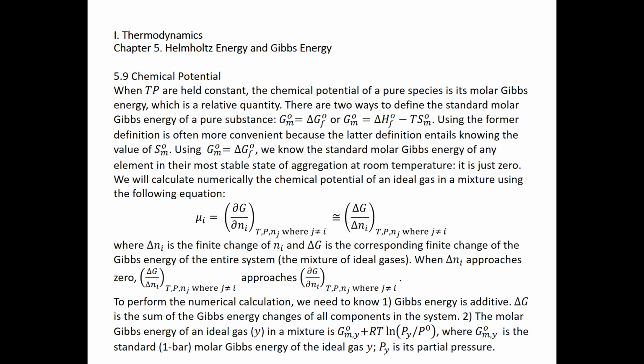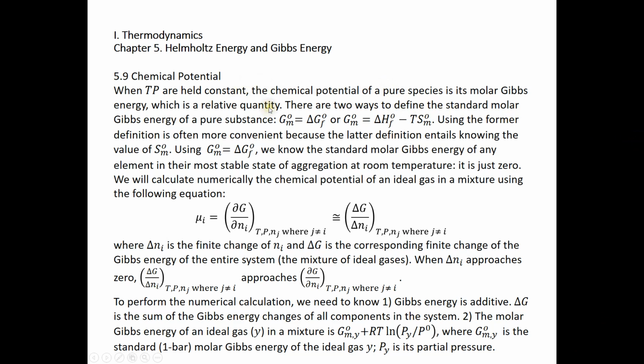In this video and for other videos, we will either calculate or derive the chemical potential of a helium gas in a mixture under various conditions: constant TV, constant TP, and constant HP. Now let's look at the simplest case. When temperature and pressure are held constant, the chemical potential of a pure species is simply its molar Gibbs energy,